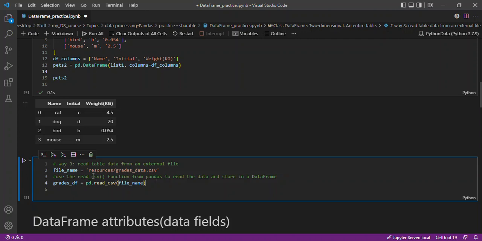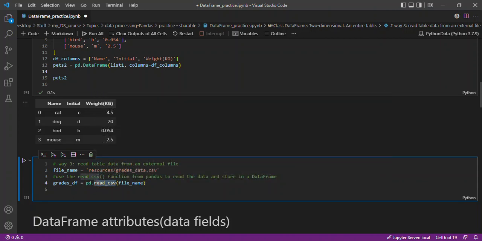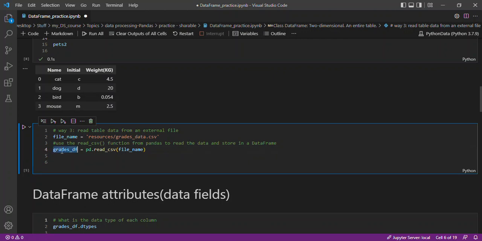Now, use the read CSV function from Pandas to read the data and store it in a data frame. And this is very simple. We create a variable called grades_df, the name of our data frame. Then we reference the library, and we use a built-in function within the library called read_csv. And we pass the file path to that CSV file, and Pandas will automatically read the data and store it inside a data frame called grades_df. Right? So let's run this cell and see